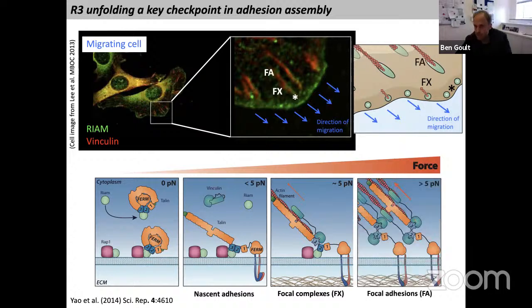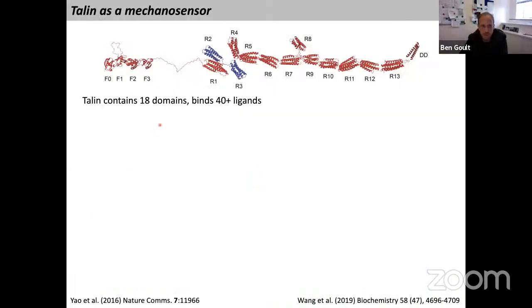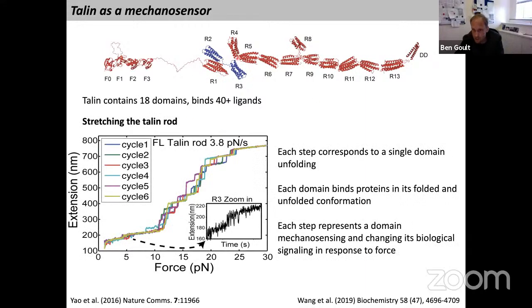And then from there, you start to get these very large vinculin-rich adhesions. And this checkpoint makes sure that this only happens at the right place and right time. And it enables the cell to utilize its environment and its intracellular machinery to instruct its signaling. So having identified that initial mechanosensor, we wanted to move on and see whether all of these 13 switches have this binary switch-like property.